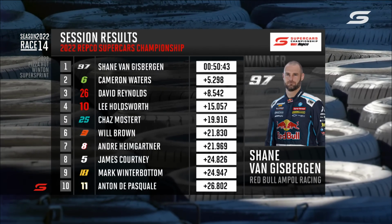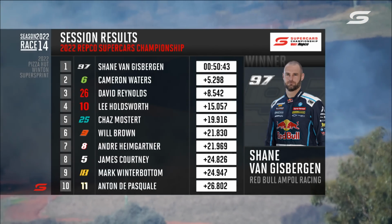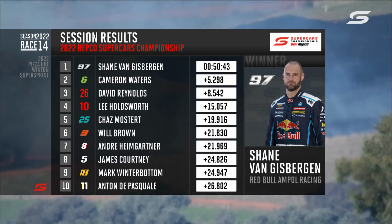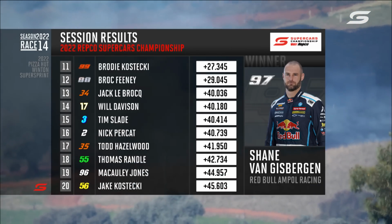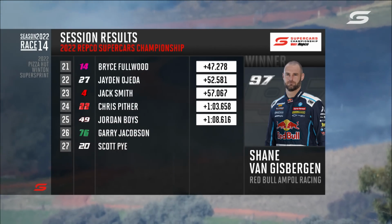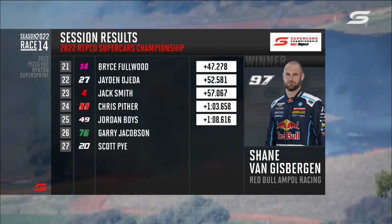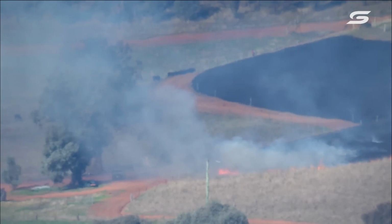Here's the confirmation of our results. After 36 laps of Winton Motor Raceway, Van Gisbergen and Waters swapped positions relative to yesterday's sprint race. David Reynolds and his teammate Lee Holdsworth, 3rd and 4th. Nice performance for both the boys. Chaz Mostert, Will Brown, Andre Heimgartner, they turned on a great show for us in 5, 6 and 7, followed then by Courtney, Winterbottom and Di Pasquale. Brodie Kostecki looks like they're finding more pace there with that car. Brock Feeney also charging up a little bit towards the back end, and one or two guys there at the back end of the field with some trauma. We had an overheating transaxle for Gary Jacobson and a power steering problem for Scott Pye. Sadly, we've heard that one before in that garage. Hopefully they get it rectified for our